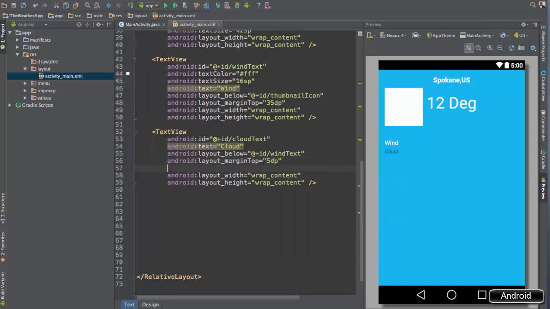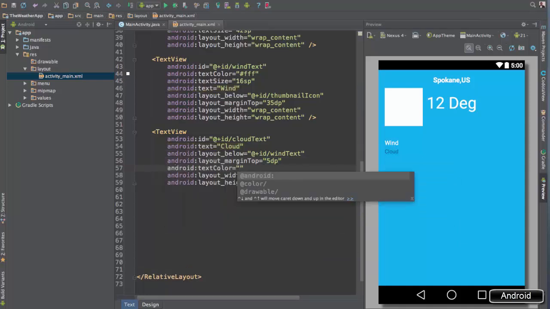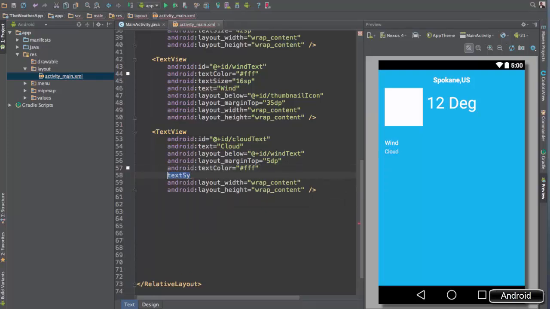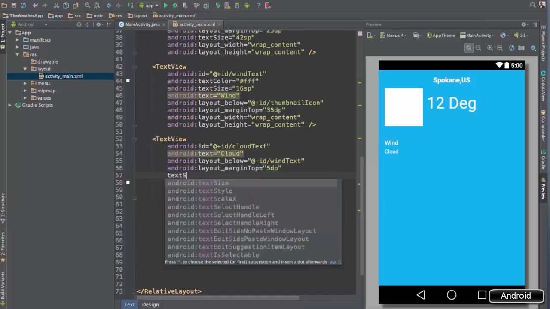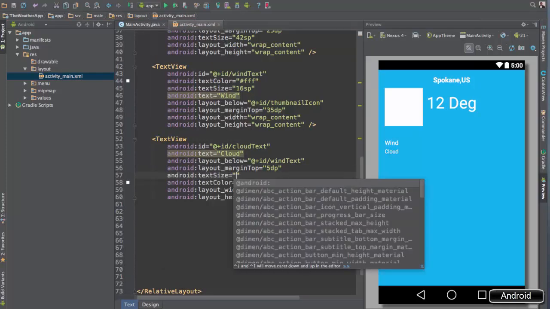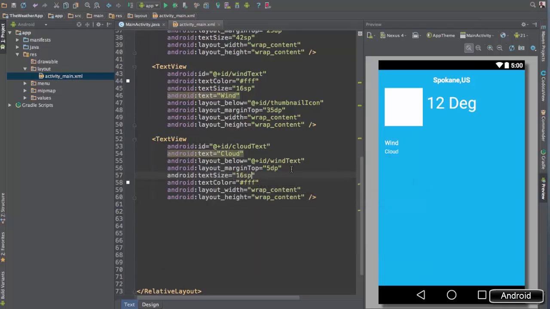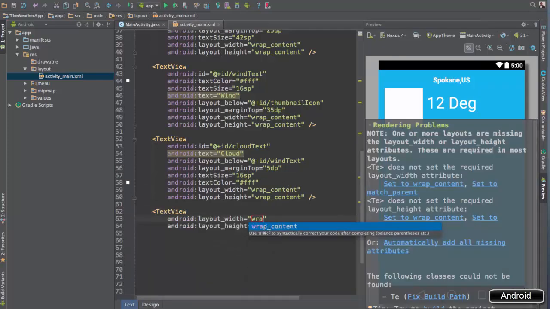That's fine. Let's give it color, so text color. It's going to be FF, so it's going to be white. All right, that's good. Let's give a text size. So text size, we're going to say the same, about 16 SP. Okay, looking really good. Let's go ahead and do the same. Let's go text view, wrap content,